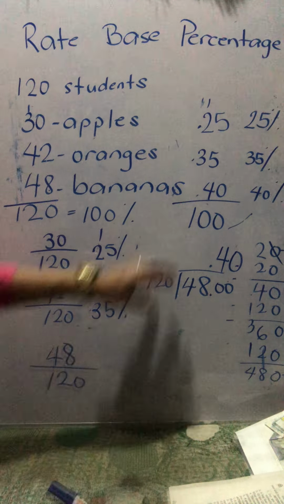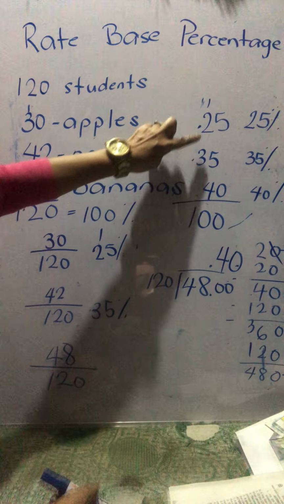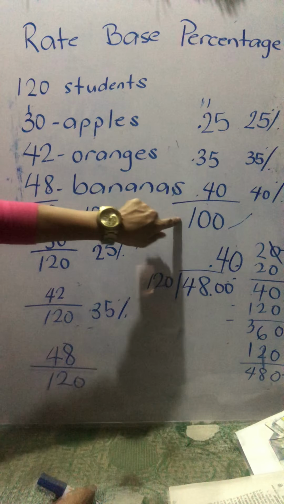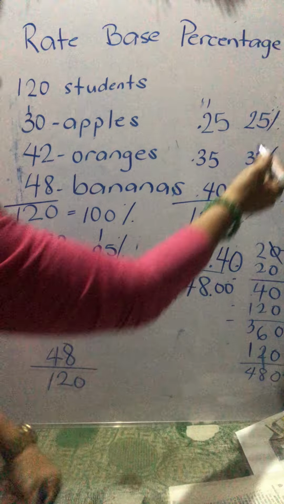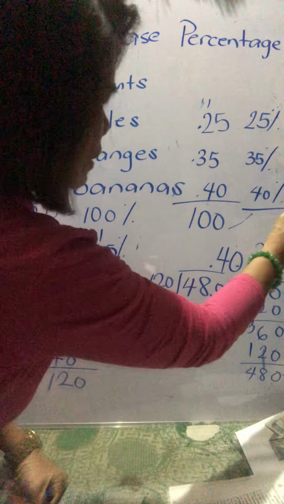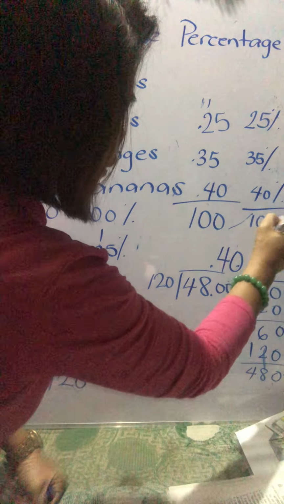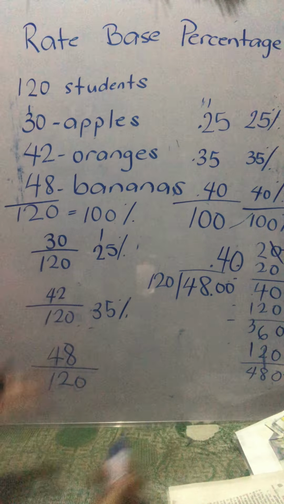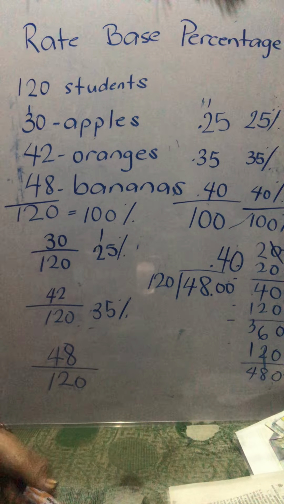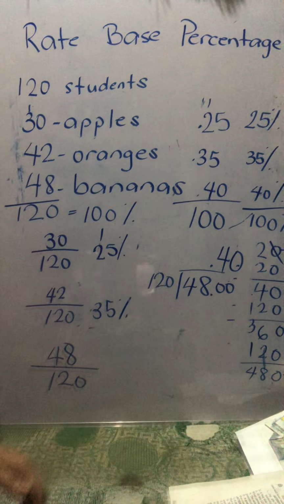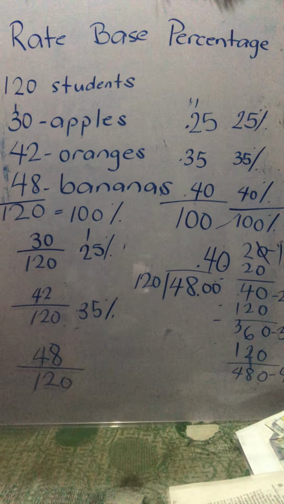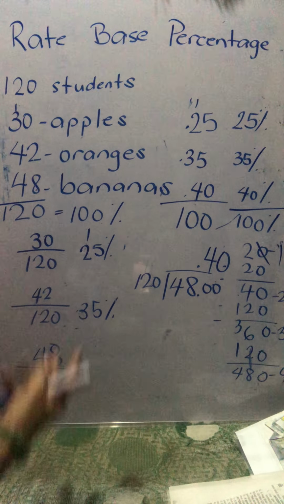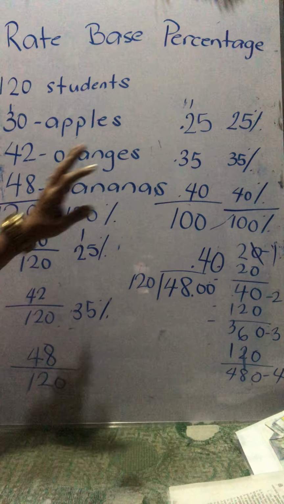Okay? So, dito kung titingnan ninyo, yun din. 25 plus 35 plus 0.40 is equals to 100. So, 25 plus 35 plus 40% is also equals to 100%. So, ibig sabihin, tama yung ginawa natin. Okay? So, sana mga bata, naintindihan nyo to, ha? Sana naintindihan ninyo on how are you going to get the